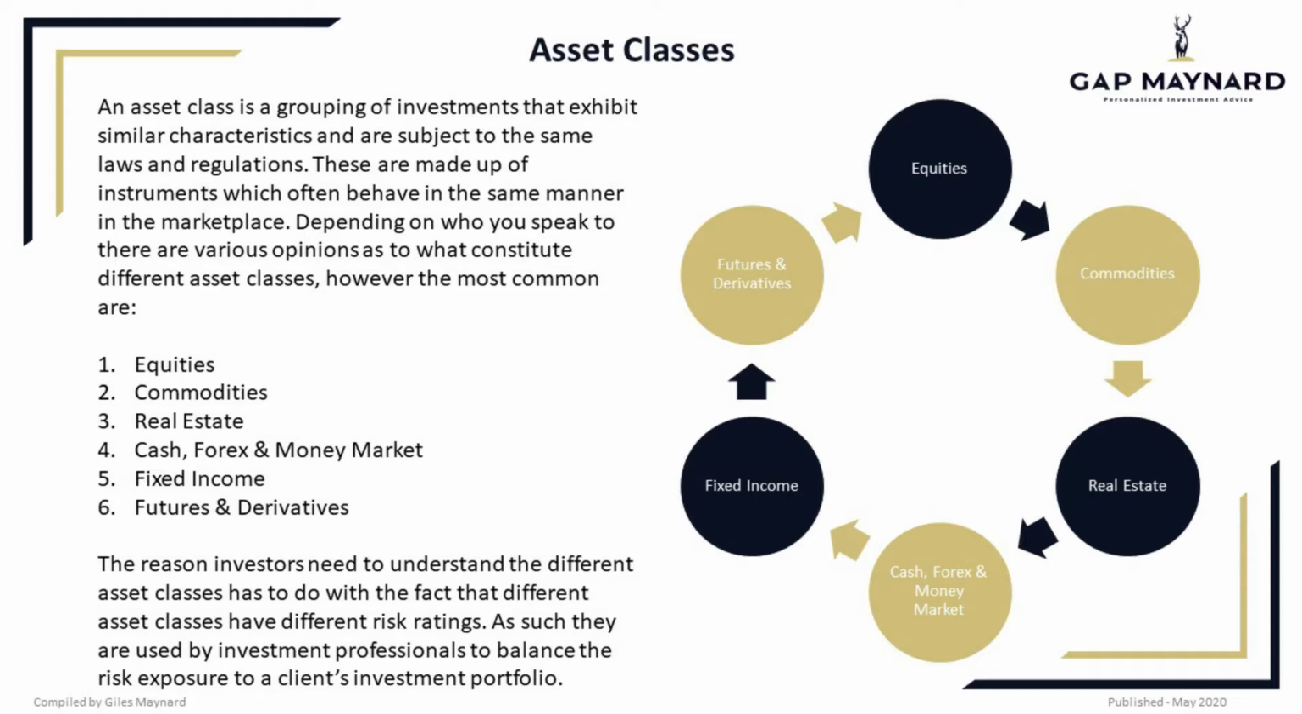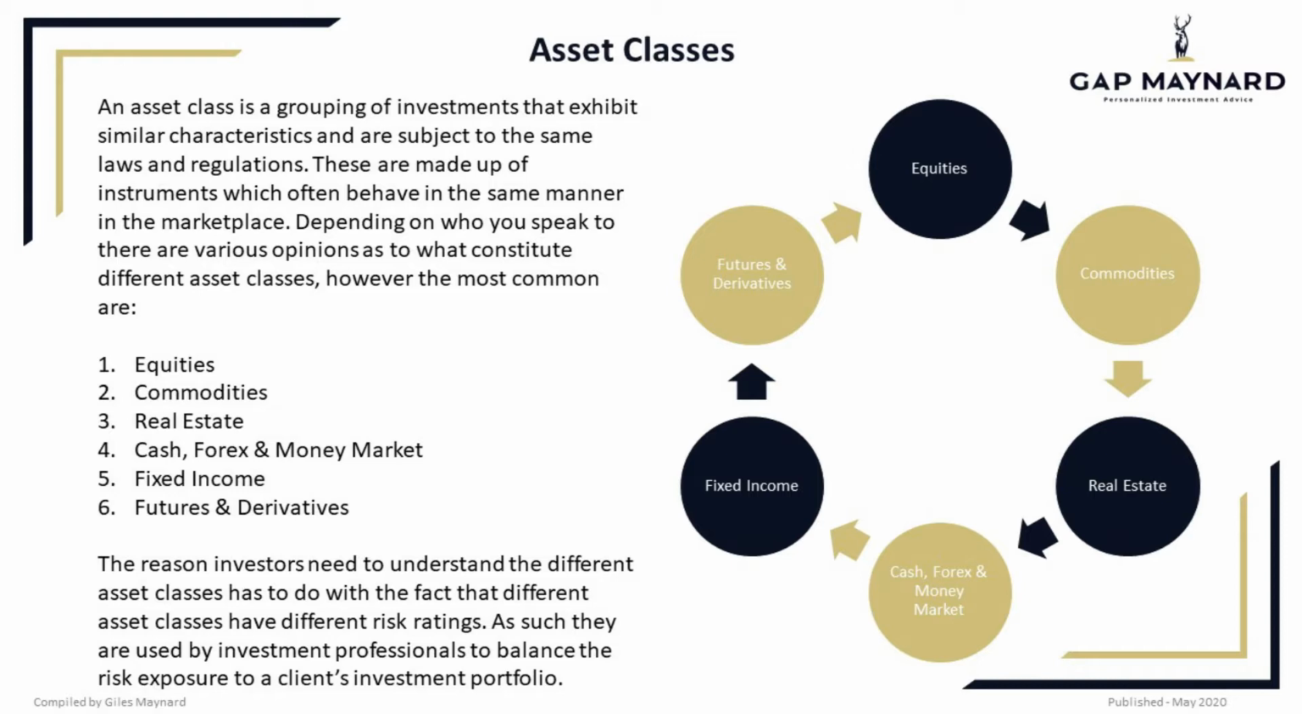An asset class is a grouping of investments that exhibit similar characteristics and are subject to the same laws and regulations. These are made up of instruments which often behave in the same manner in the marketplace. Depending on who you speak to, there are various opinions as to what constitute different asset classes. However, the most common are the equities, the commodities, real estate, cash, forex, and money market all lumped together, fixed income, futures, and derivatives. On the next slide, I'm going to tell you a little bit more about each one of those 6 asset